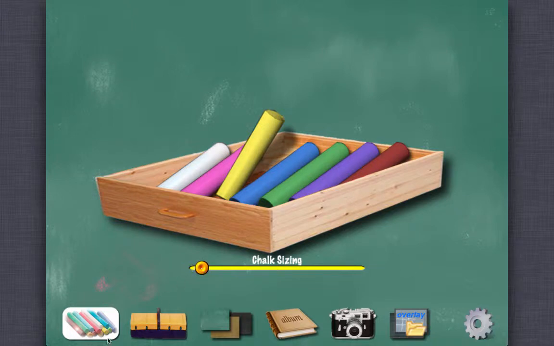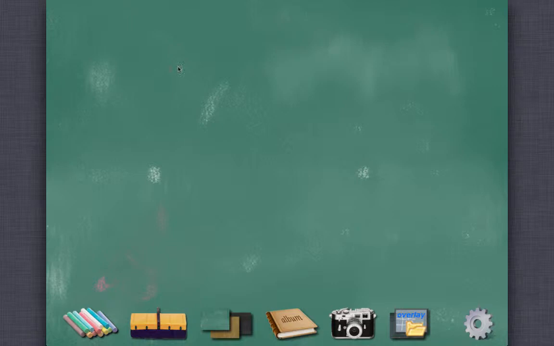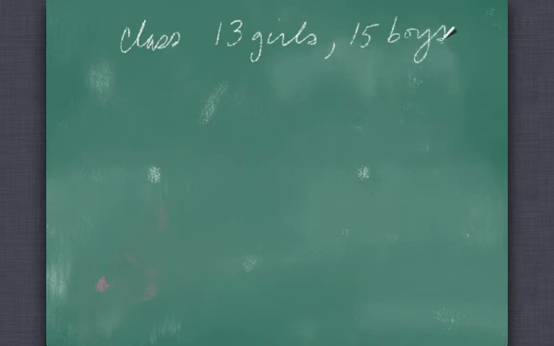Okay, so sometimes counting is a bit more complicated. So we might have, say, a class with 13 girls and 15 boys. So then if the question was, let's say I'm going to choose